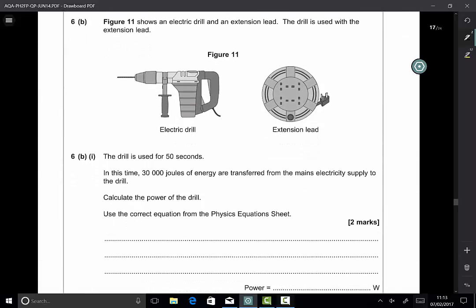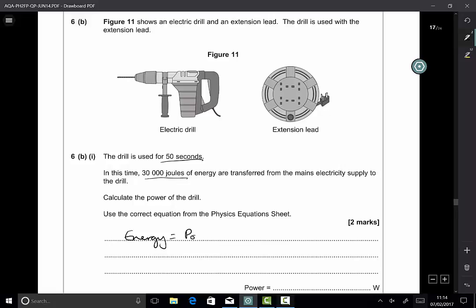Okay, there's an electric drill and an extension lead. The drill is used with the extension lead. The drill is used for 50 seconds. In this time, 30,000 joules of energy are transferred. What is the power? So we know that energy